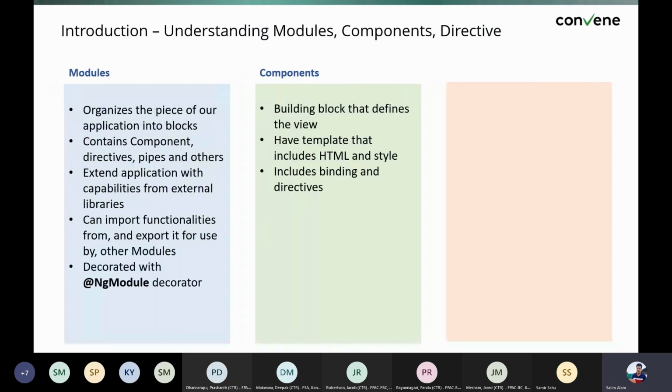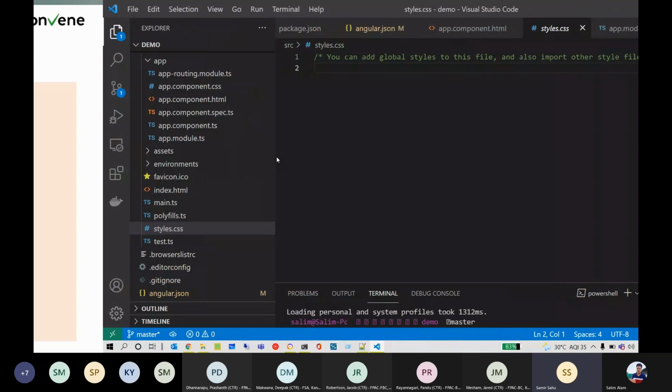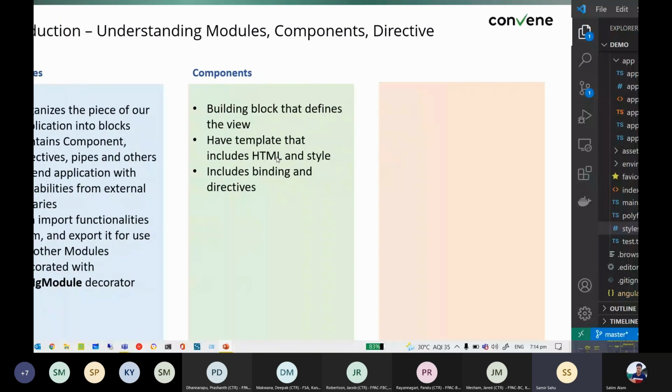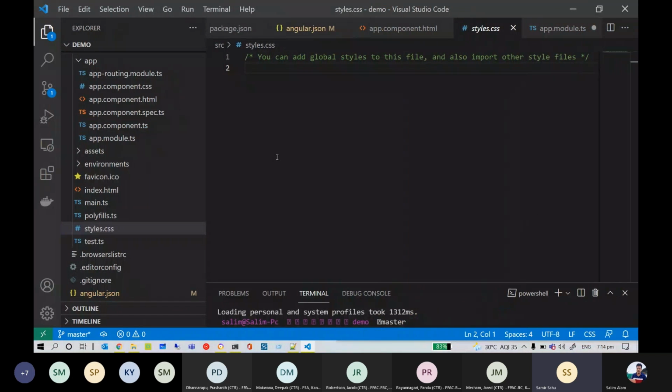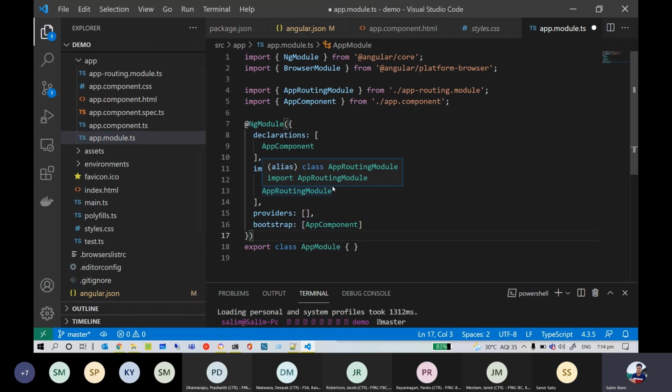Got it. Yeah. So Salim, one quick thing. If you go back to your directory structure there, can you link the files that got generated? Can you just talk about what's there in app.module, what the sections are, and how it is linked to other things in other files? Just so that we have a good understanding. Yeah, so we start from here. The top 1 to 5 is just the import statements. Can you explain what's going on over there? Yes, Samir. So